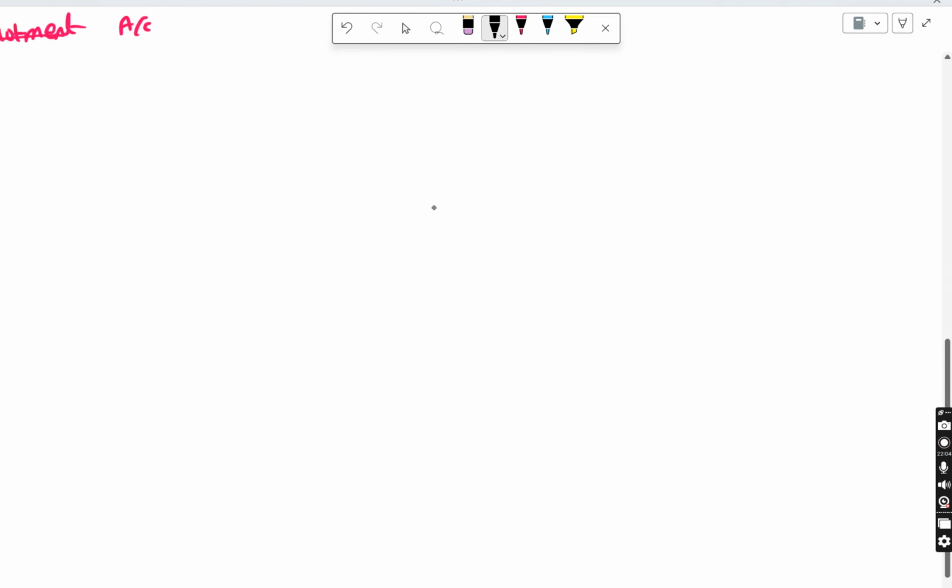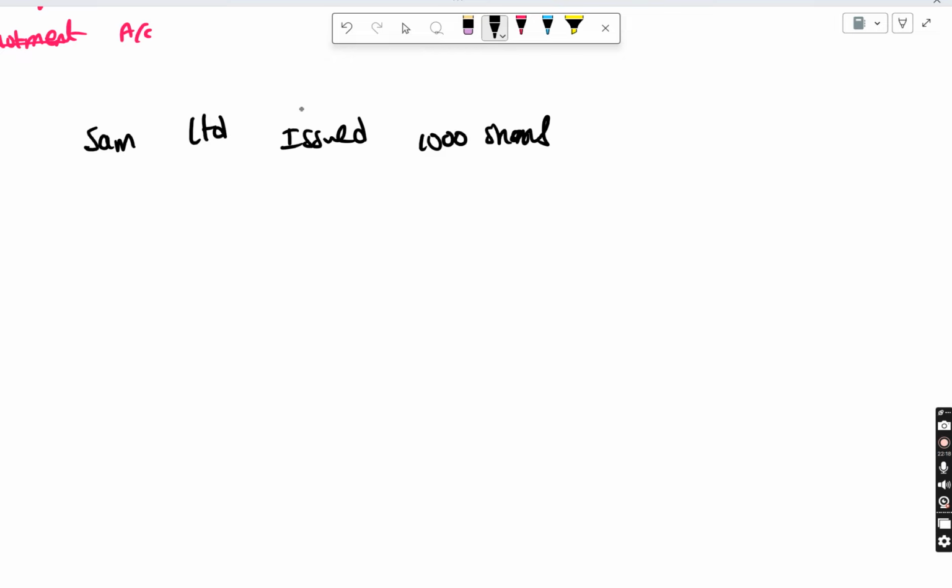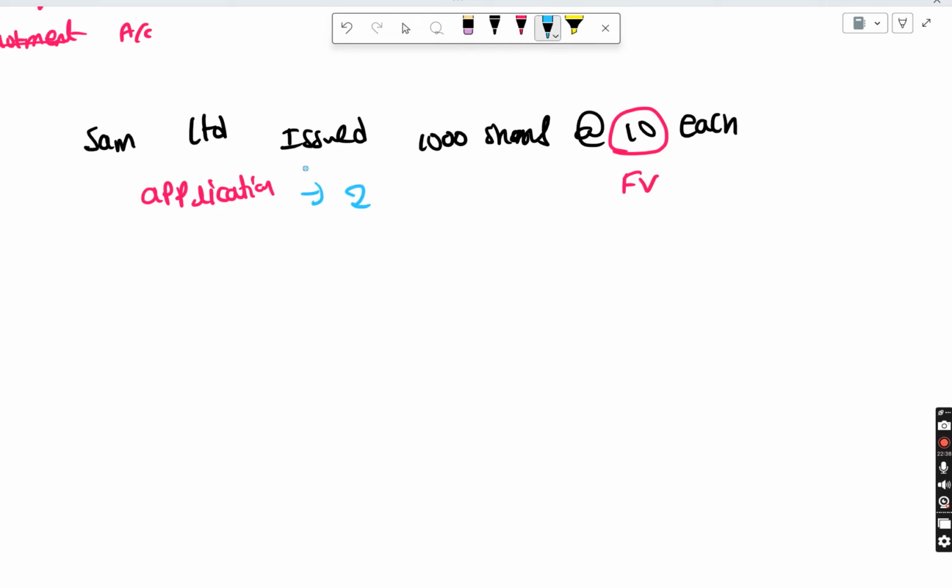Okay, let's do a very, very basic question. Then we are going to go to some other concept. Sam Limited issued 1000 shares at the rate of 10 rupees each. And the 10 rupees we are collecting this way. This 10 rupees, what do we call it? Face value. Now application we are collecting 2 rupees, allotment we are collecting, let's just say 5 rupees, and whatever